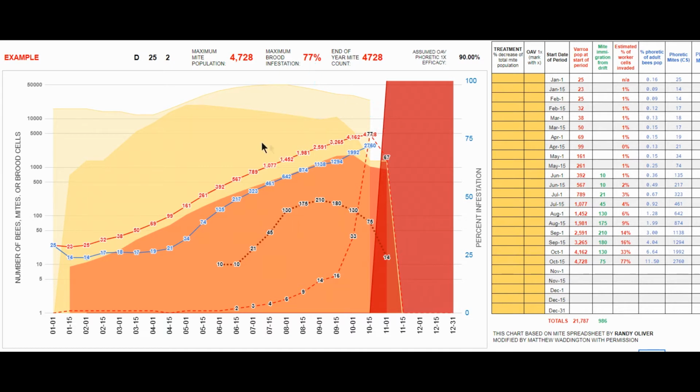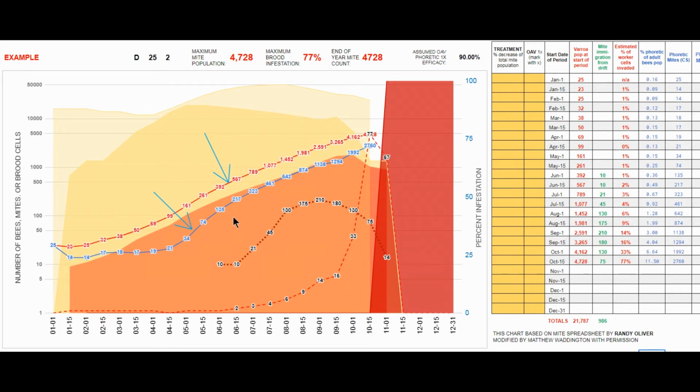The lines that I've showed here are pretty much the same as Randy's, but a little bit different. This one here is just a number correlating to the total number of mites that are in the hive during that period. This blue line here I've included is not something he has, but I thought it was important, which is the phoretic mites that are in the hive at that particular time, and also are similar to the mite drop you would expect if you treated at any particular time at a high efficacy with phoretic mites, like with